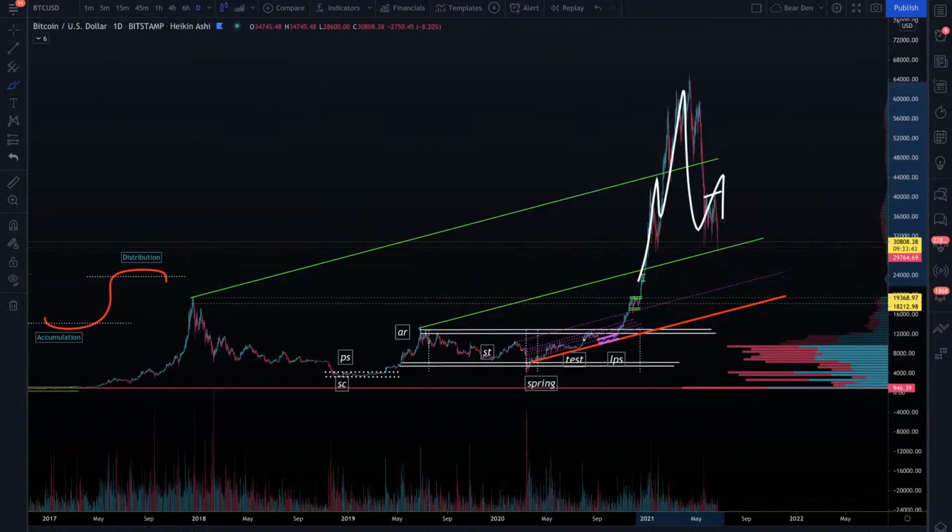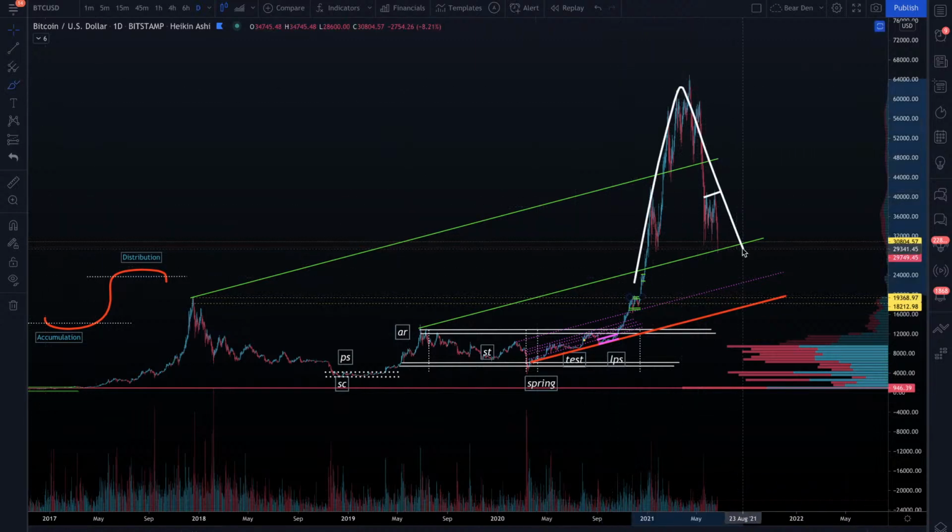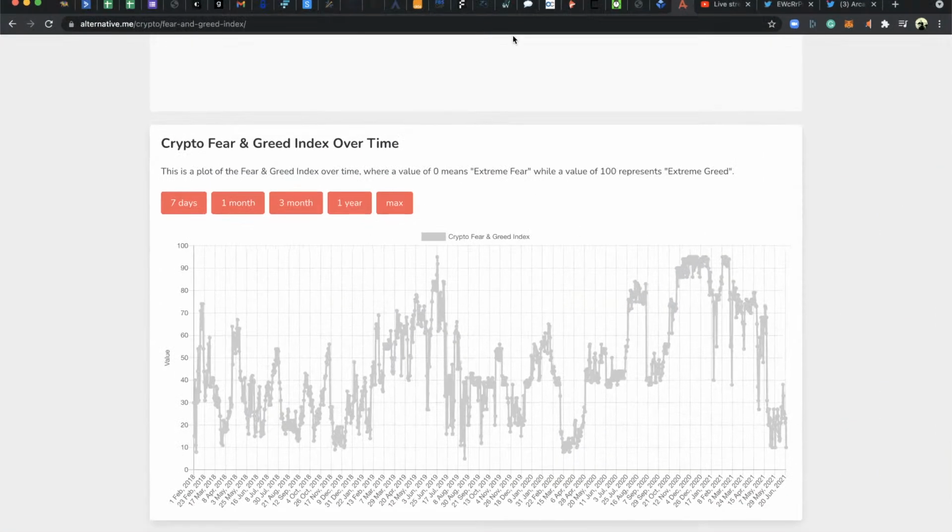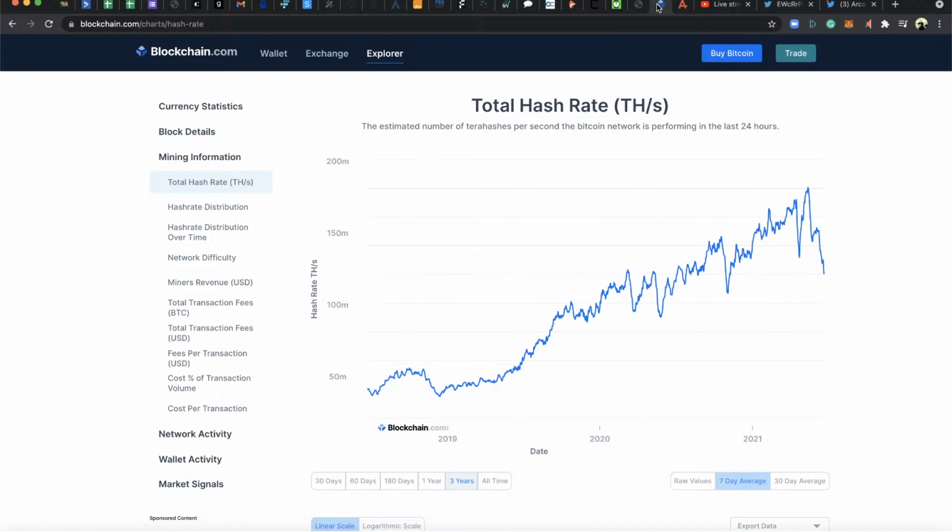I don't think it's going to be the full long-term 1800-day or 1200-day bear market that we had before. I actually have bets that this is an SOS and an LPS, which is fascinatingly powerful. This is the stepping stone to hundreds of thousands of dollars of Bitcoin in my opinion, and we'll go over that part now. So a little bit of news on the